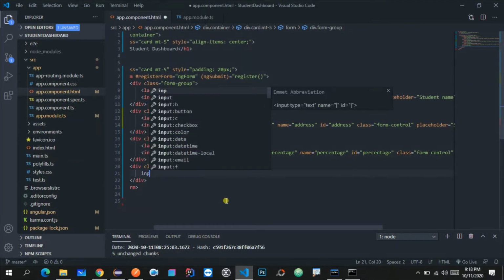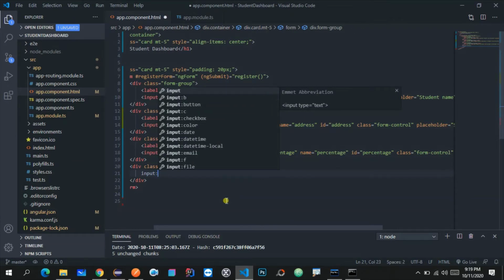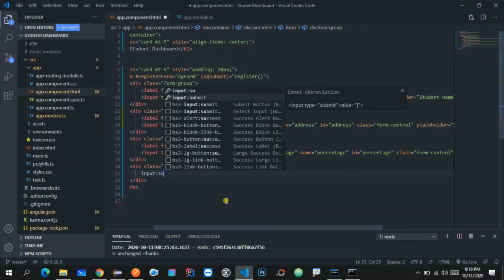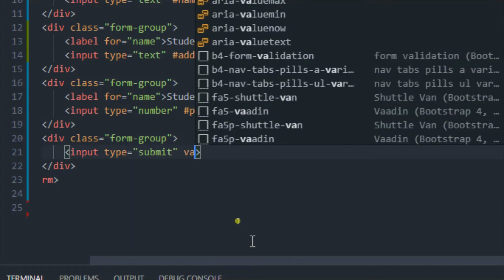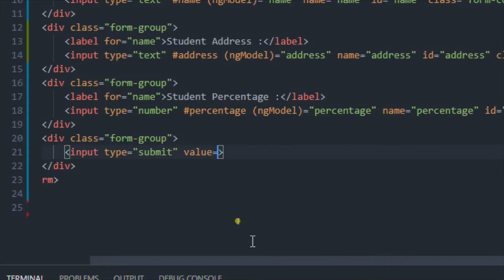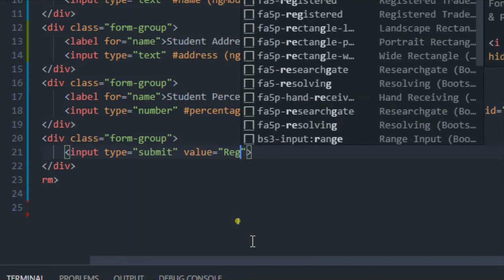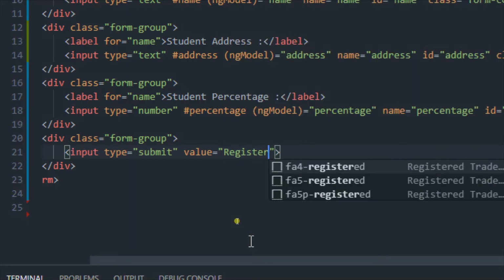Here we just need input type equals to submit, and we need to remove this value, or give the value as register, like this. Let me save this file, go to the browser again, and show you how it looks like.